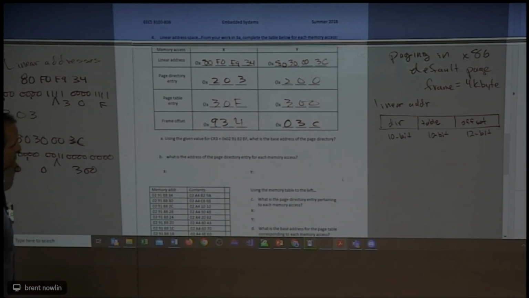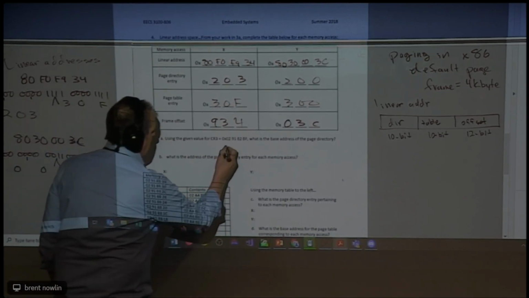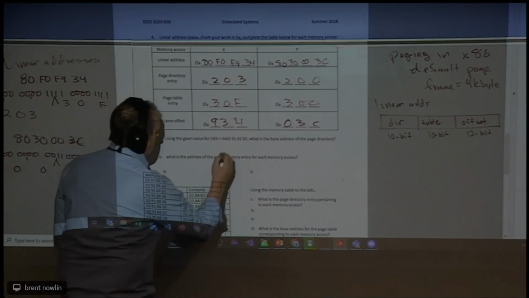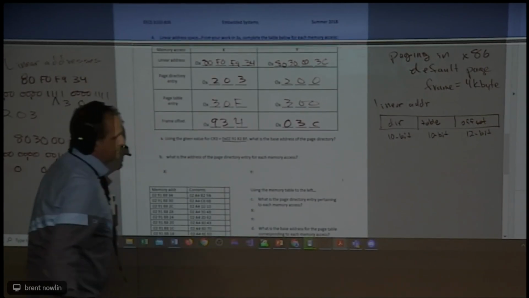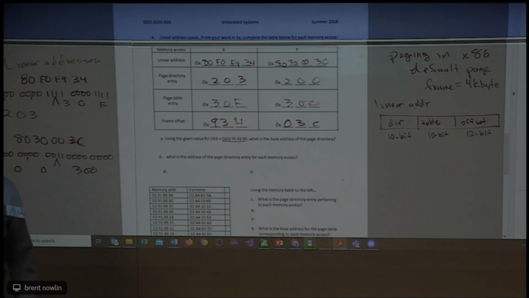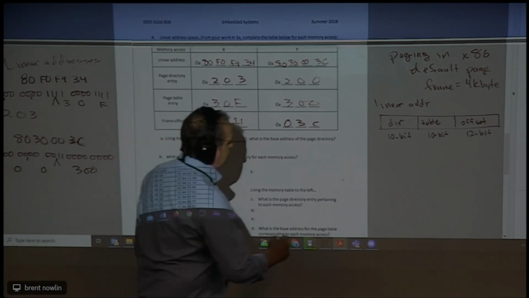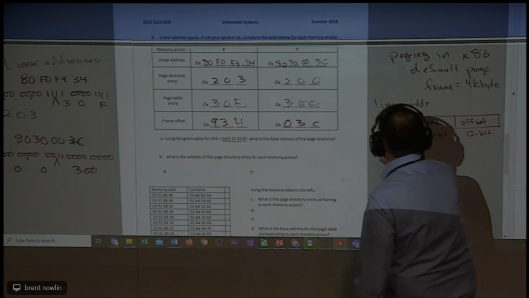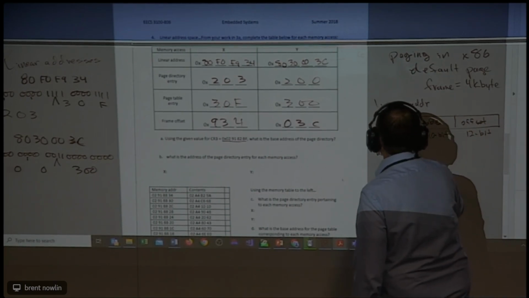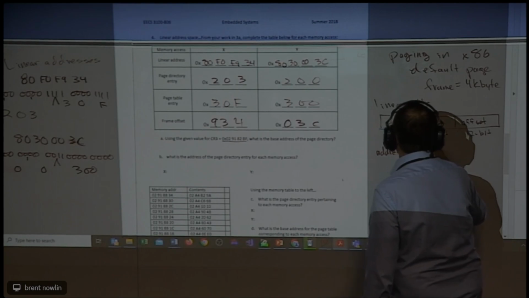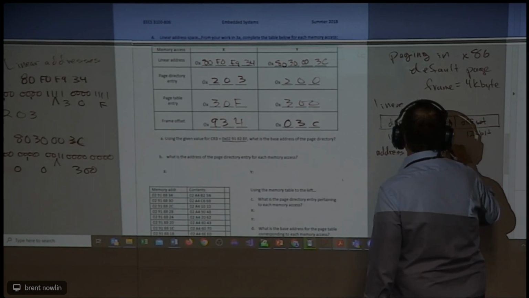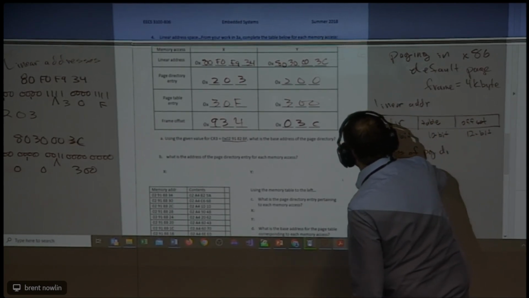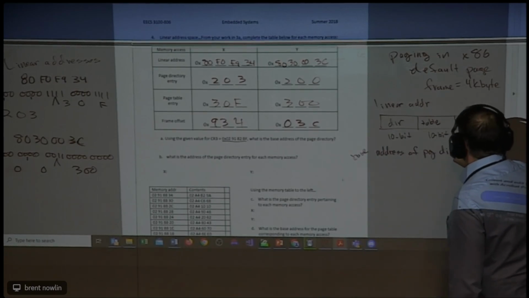Couple things you need to know. For one thing, where is the page directory? Well, that is specified in a special register called CR3. So the address of the page directory, the base address, is